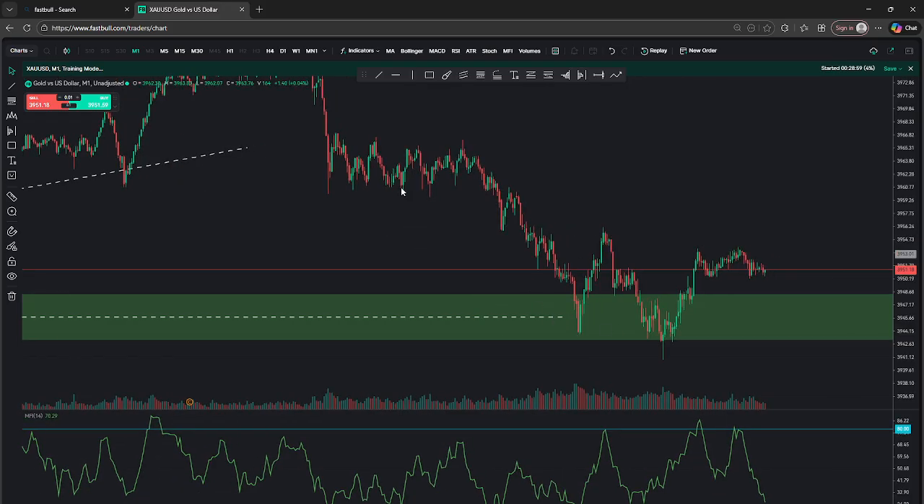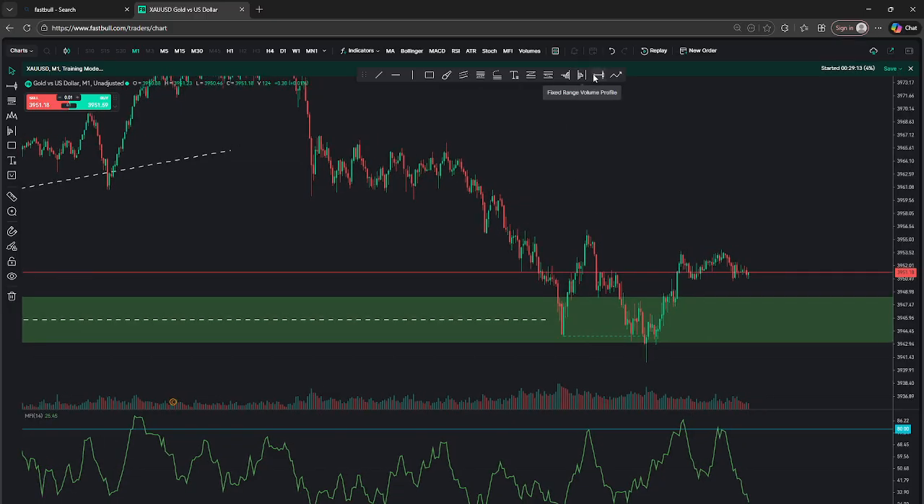So we have this internal liquidity. I'll mark these as my internal liquidity. This is the first one, this internal liquidity, this whole one. So we have this high. The moment we take out this high,